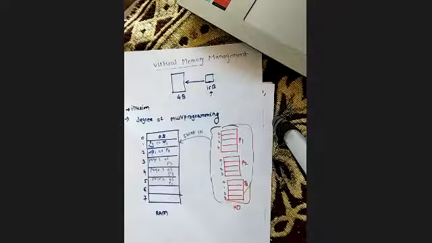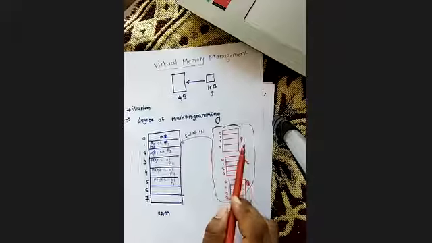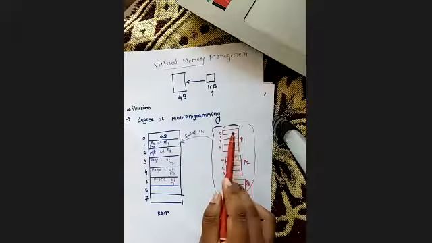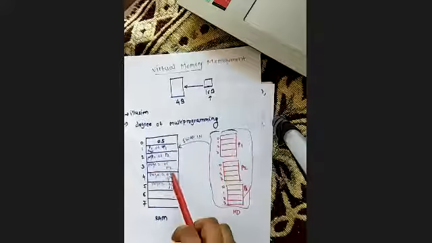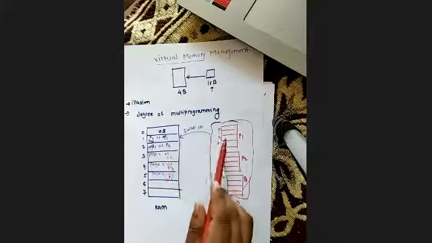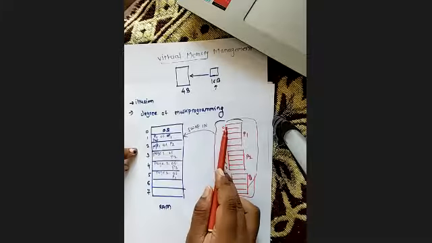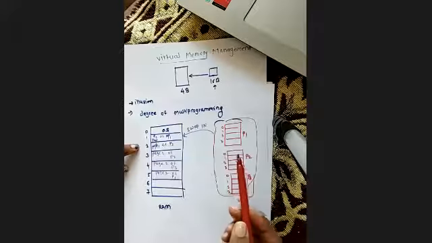So we are saying that instead of fetching all the pages of these processes into the main memory, we are simply keeping a few pages, those we currently want to execute. In this way, if we had 4 frames and fetched all the pages into the RAM, then what will happen?